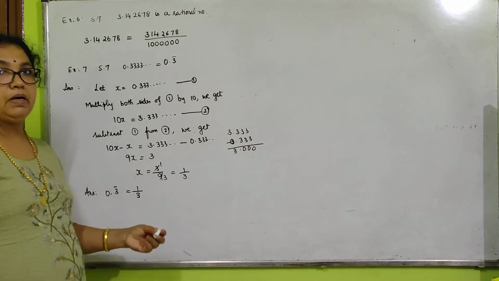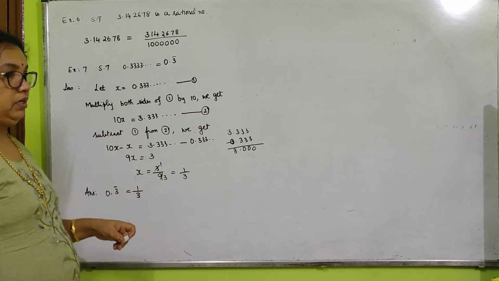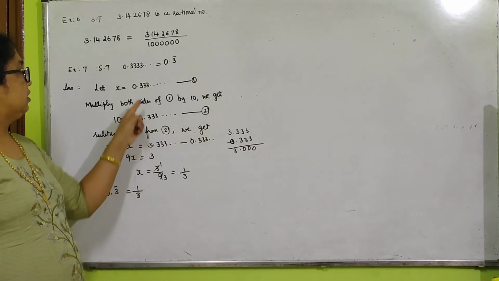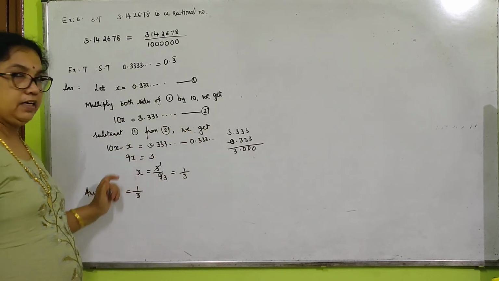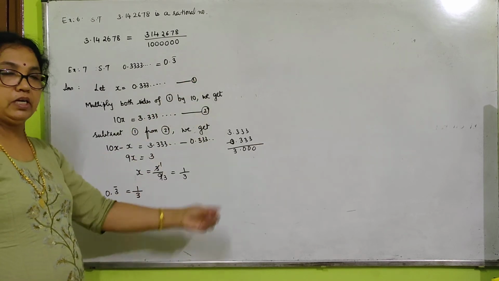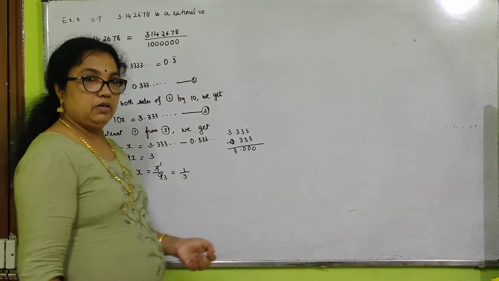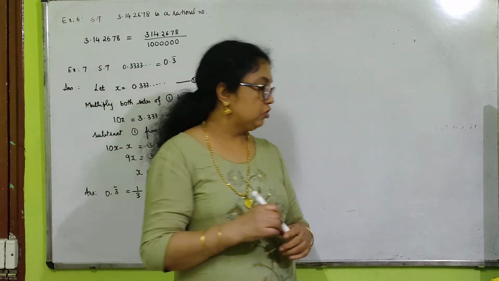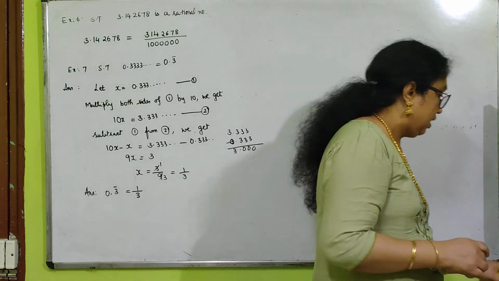So did you understand which number we multiply by? Then subtraction is done. In the textbook it is shown with 3.3, that is 3 plus this form, with x written and taken this way. It will be easy to do by this method, since by subtraction only you can get it directly. Now the same type, a little different one. Same question only, we have to express it in the p by q form.